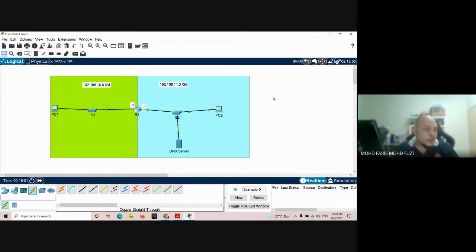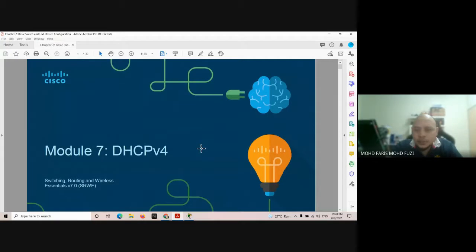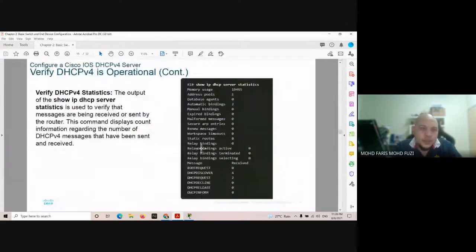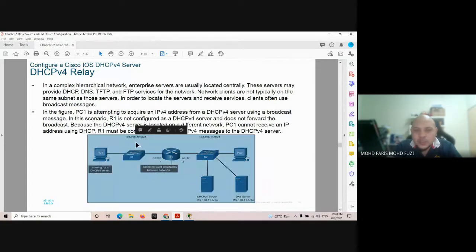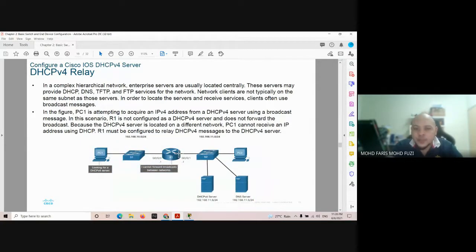All right, so now let's move to the second part, which is we need to configure DHCP relay. Right, so let's look into the slide. DHCP relay. Let's say we have this diagram, as you can see we have the 10.0 network. R1 is no longer configured as a DHCP server. Now we have one dedicated DHCPv4 server